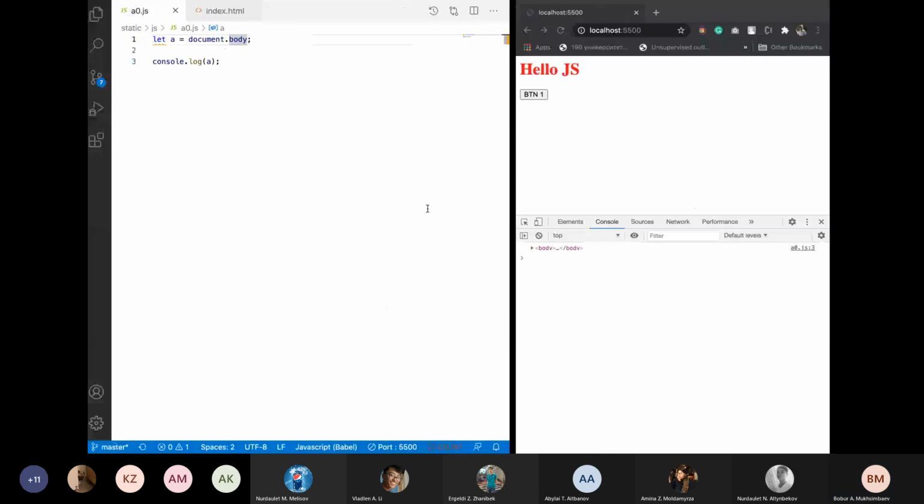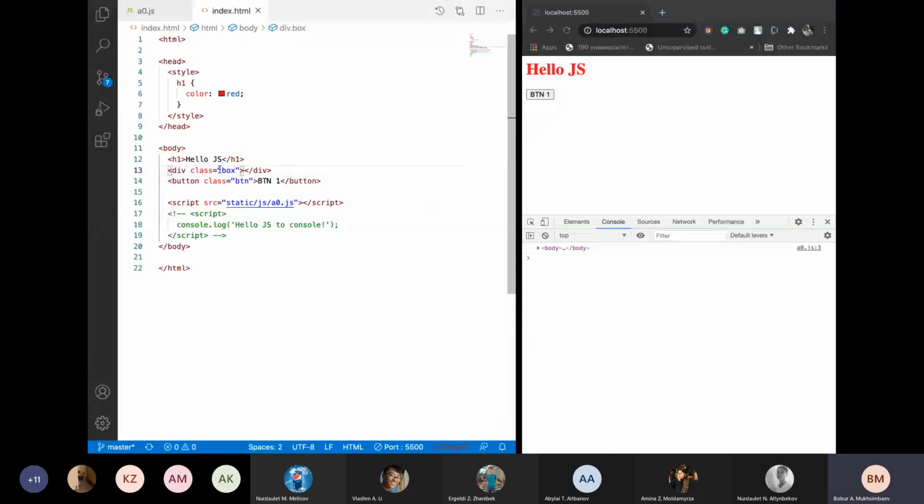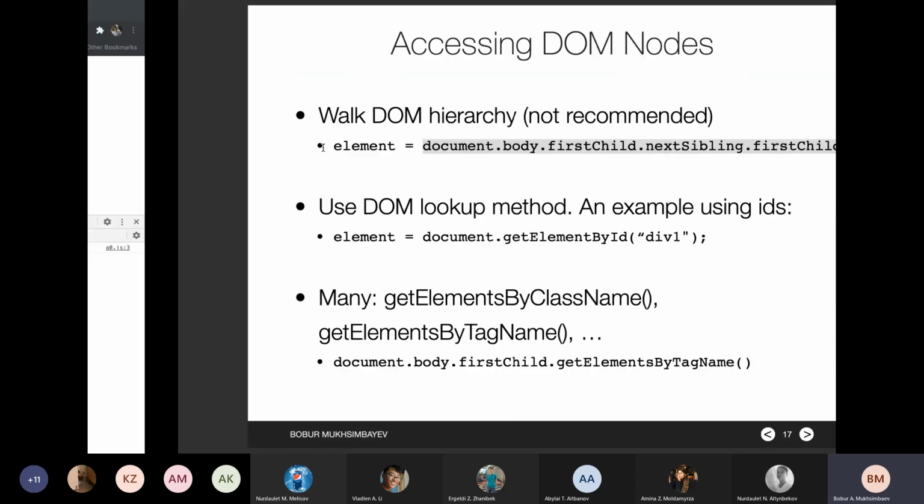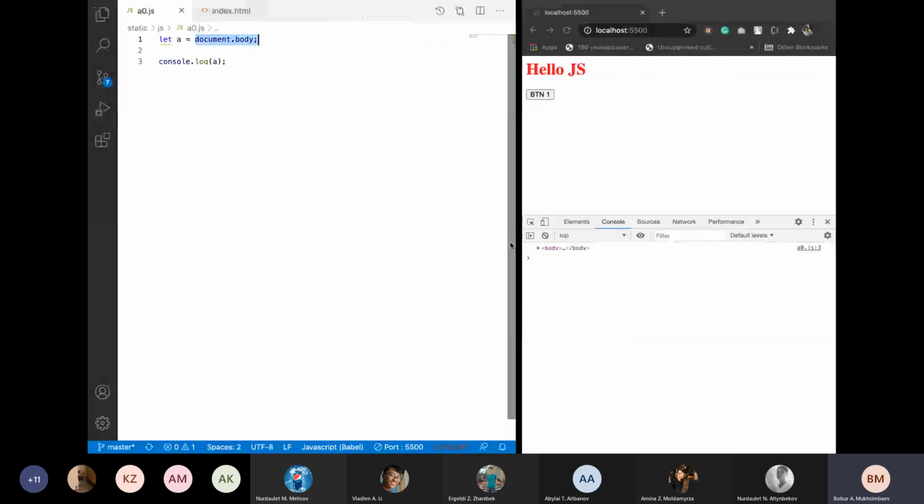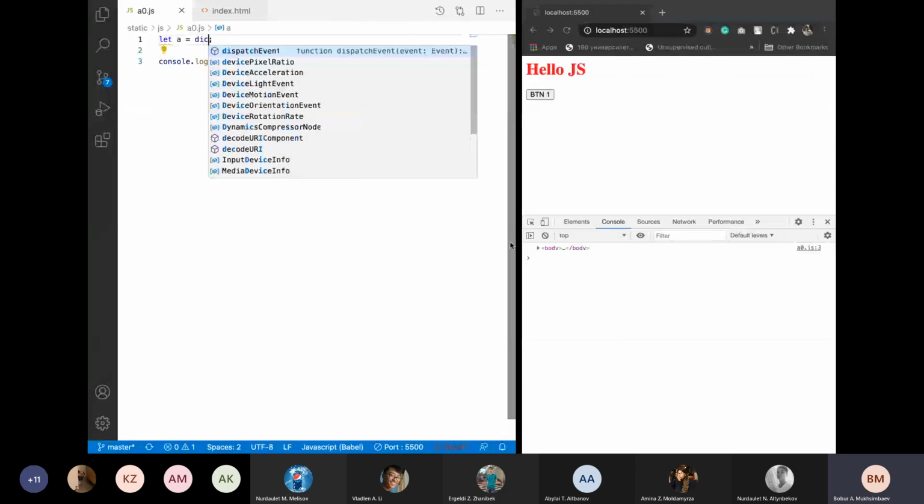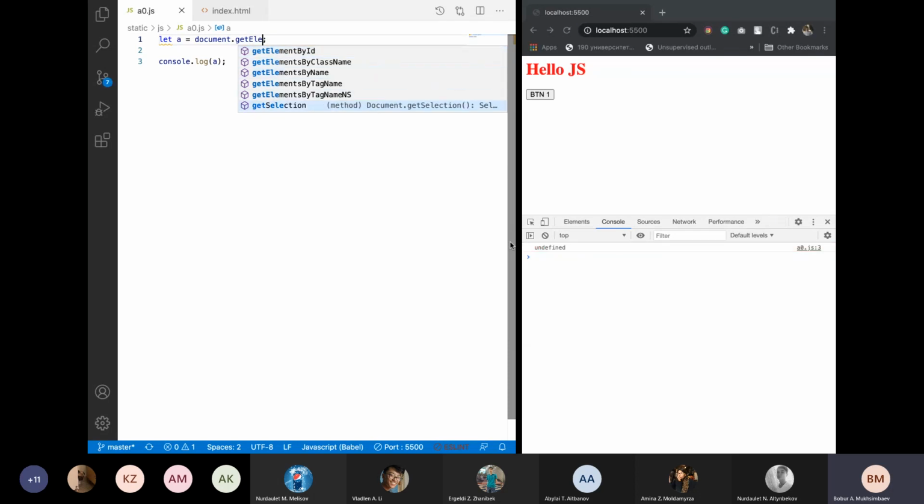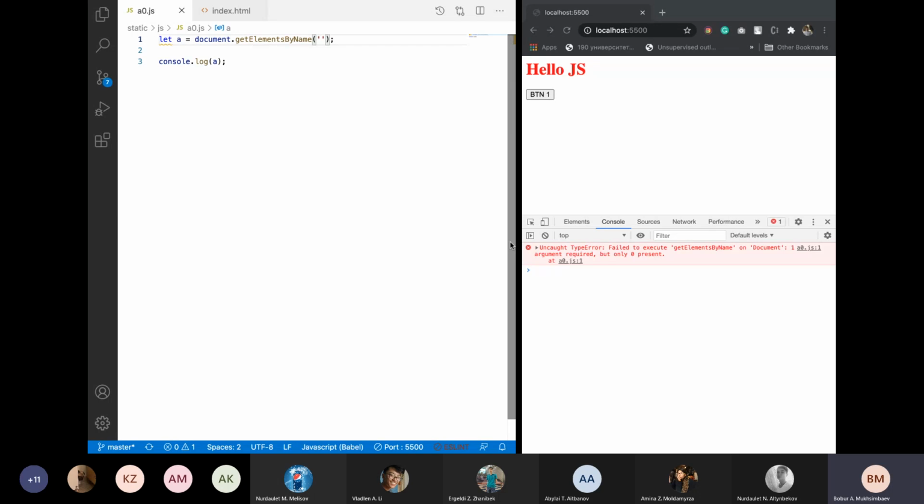to get elements inside of the HTML, for instance, this box element, you can use different types of selectors. One of them is get element by ID inside of the document. Inside of the document, we have different types of functions. For instance, get element, and you can see here the different options: get element by ID, get element by class name, get element by tag. For instance, let's get element by tag name or by name,